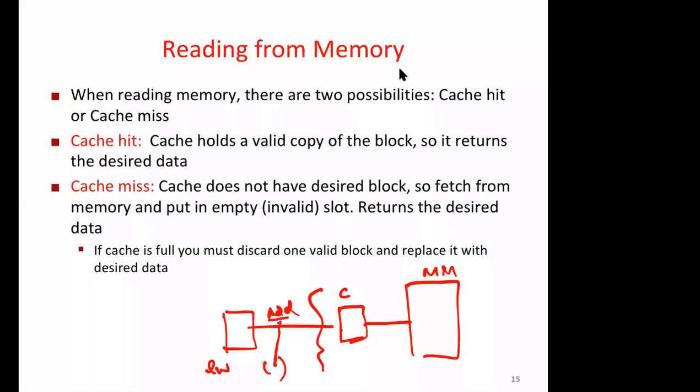If this address is available in the cache, then we call it a cache hit. It means the cache holds a valid copy of the block and it returns the desired data. If this address is not there, it means the block corresponding to this address is not there in the cache. It means that a cache miss has occurred. In that case, that particular block is brought from